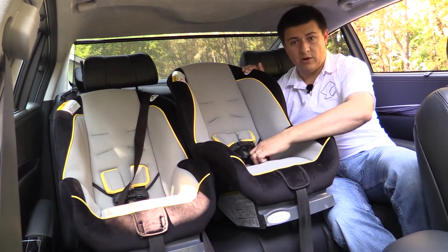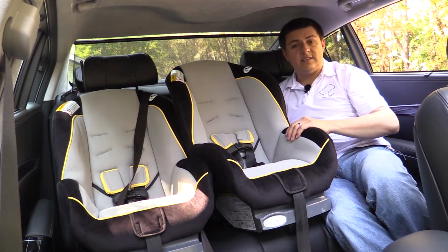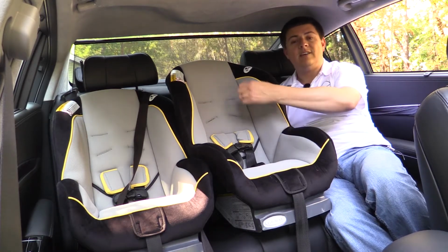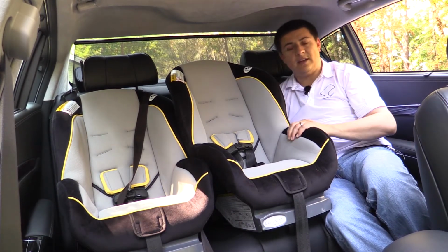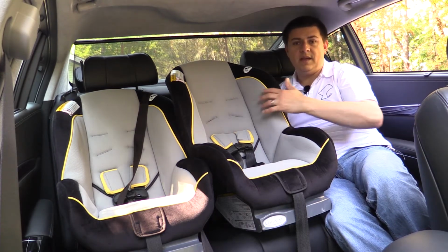That's why we have the 5-point harness to help keep that from happening, but it is still a little bit of a concern. Now, a child safety inspector that I consulted with suggested rolling up a towel and placing it behind the child seat right up here up top, and then tightening the top tether anchor as tight as possible to nestle the seat right back here in the seat, and that would help keep the child seat in the